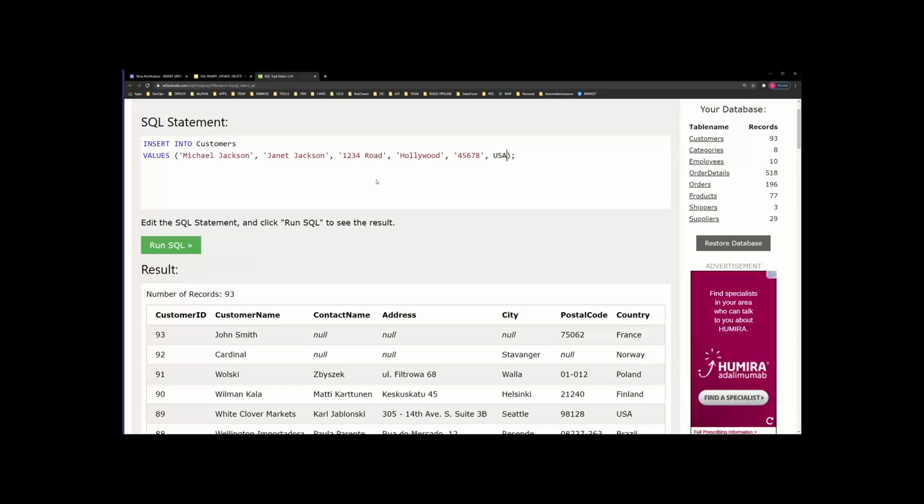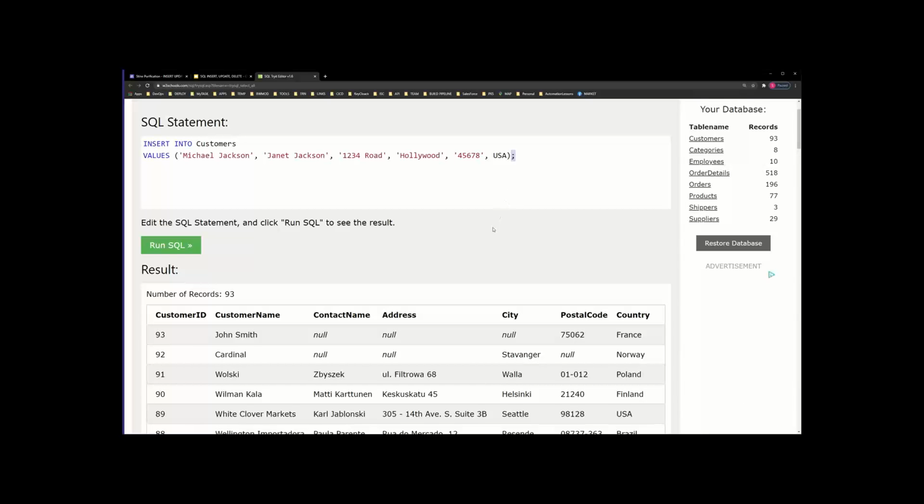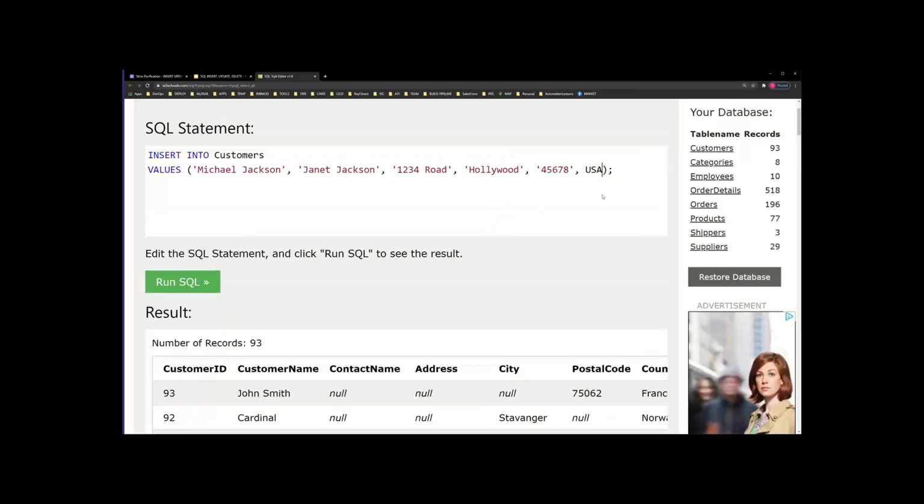What mistake did I make? We could put a colon. Colon? You didn't put it on USA. You didn't put the semicolon. The quotation mark. Correct. Yeah. Correct. So now if I run SQL